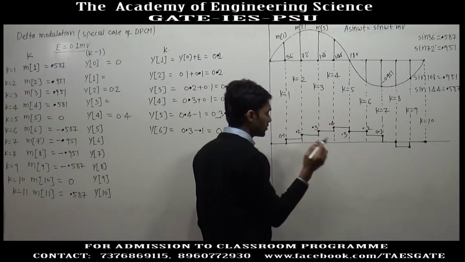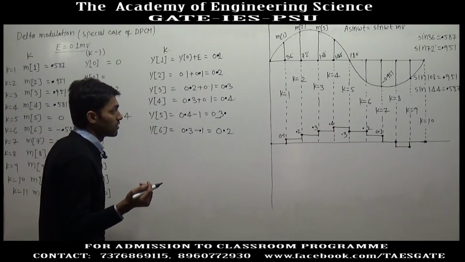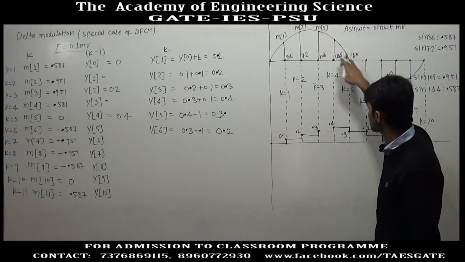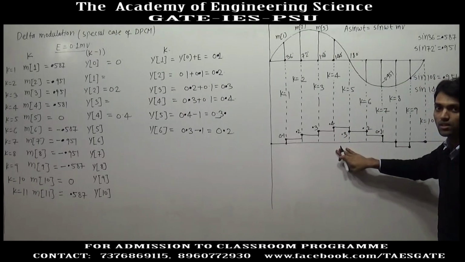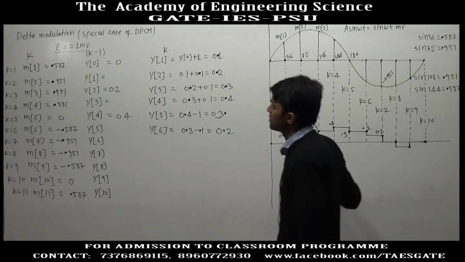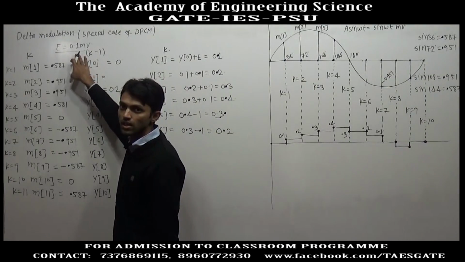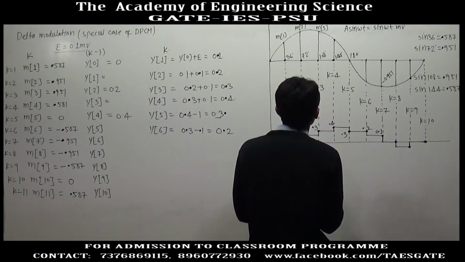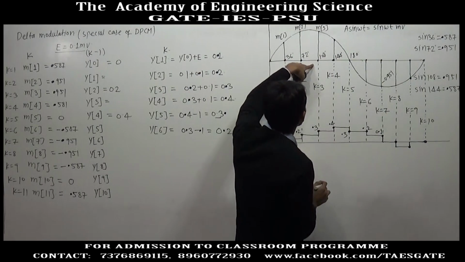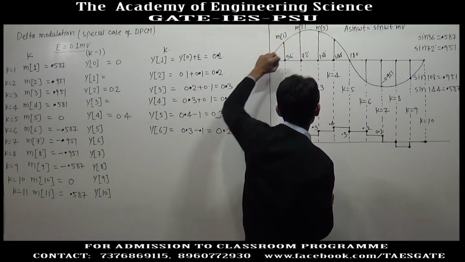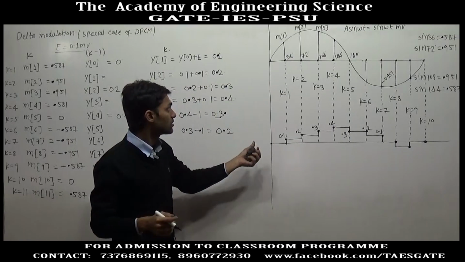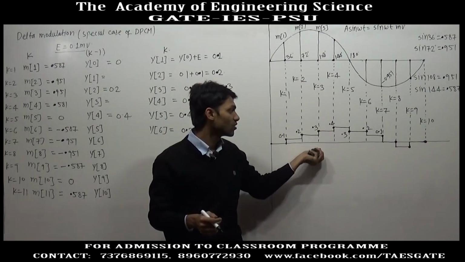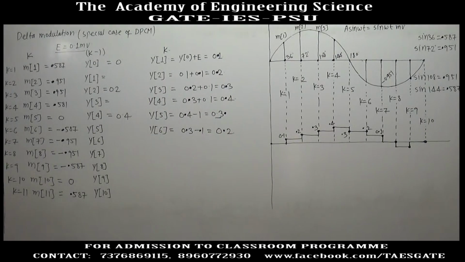So, now you can see the mismatch between the actual signal and the output of delta modulator if the threshold is below, that is 0.1 millivolt. If you plot it at this value, here we have value m3. Now, if we plot the actual output, if we compare the expected, desired output with the output of delta modulator,